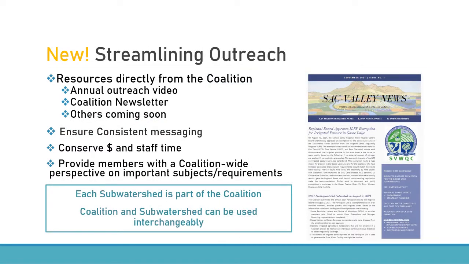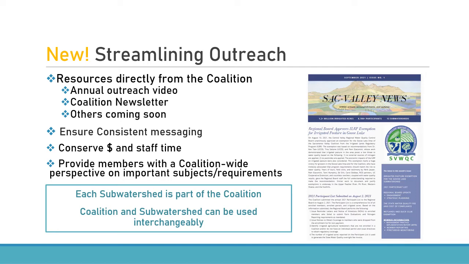This brings us to the topic of streamlining outreach. With 12 subwatersheds, there is the possibility that some of the work and outreach being done is duplicative, or at the very least could be more efficient. And so one of the things that the coalition has been working on this past year is identifying those things that can be streamlined. So you may start to see more outreach materials directly from the coalition, such as this annual outreach